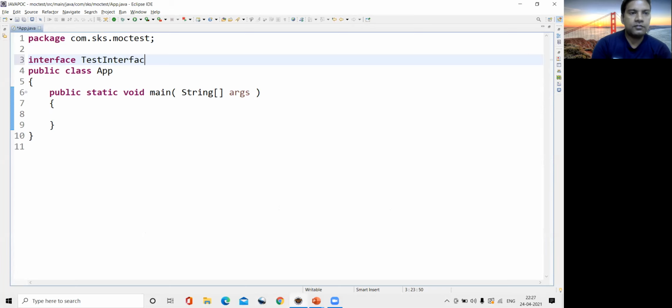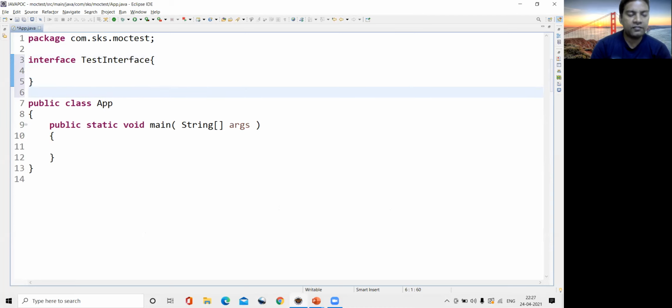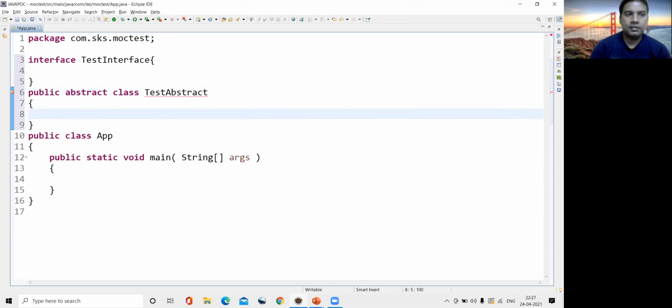Test interface, and I'm just leaving it blank for now. Then let's define the abstract class: public abstract class TestAbstract. Here the first letter should be capital, it's the naming convention.